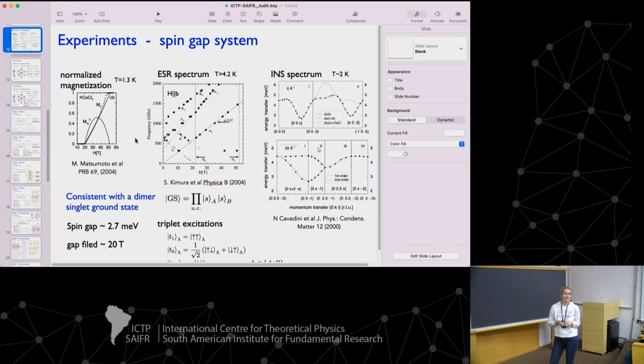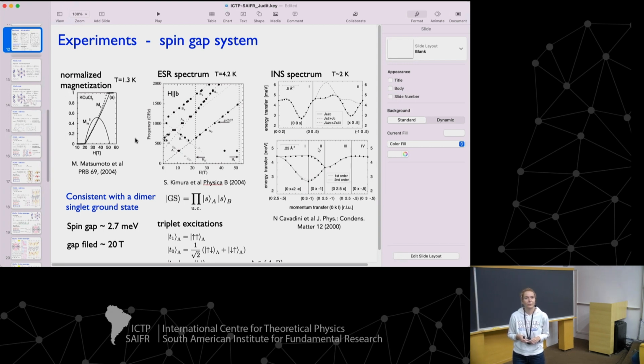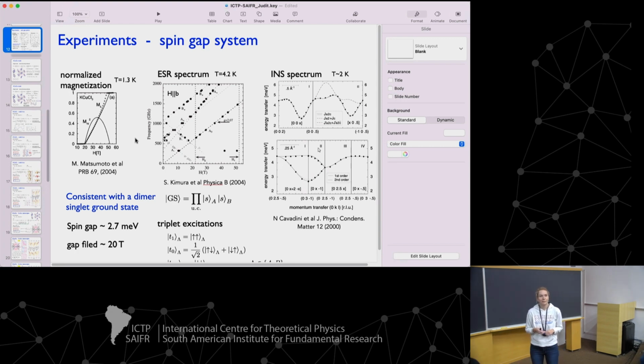I guess I have two questions. One is, these nodal points at the end, you calculated in zero applied field, correct? No, they are in a big field. In a big field, yes. And then as I change the field direction, of course they come and they go, right? Or are they always there for all field directions?